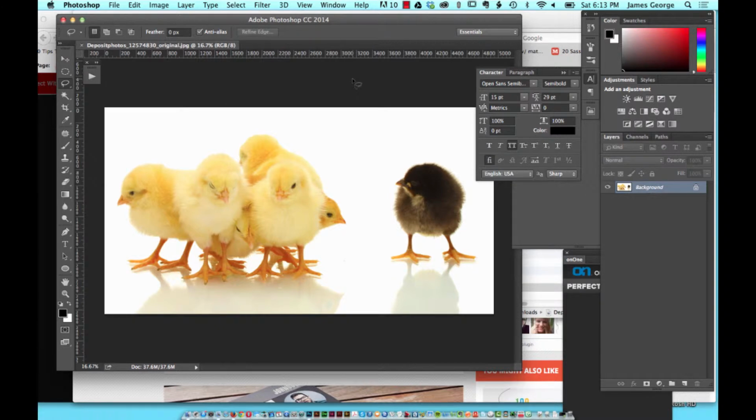This week I'm going to talk about making selections. So you can see here you have images of these baby chicks, and let's say that you just wanted to make a selection of one. Well, how would you go about doing that? This week I'm going to show you the hard way, and next week I'm going to show you the easy way. So if you wanted to make a selection